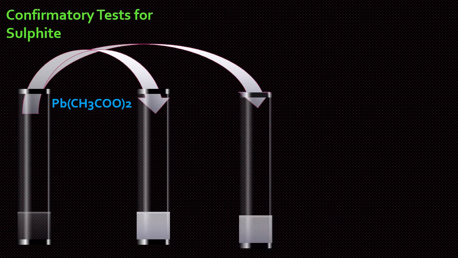This is also indicating a white color precipitate. The salt is barium chloride. So if we add barium chloride to the original solution of sulfide salt, the color changes into white, not transparent but a white color precipitate. So this is another confirmatory test for the presence of sulfide radical. Let's do another one.